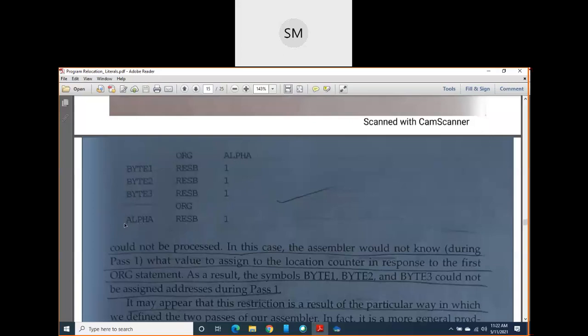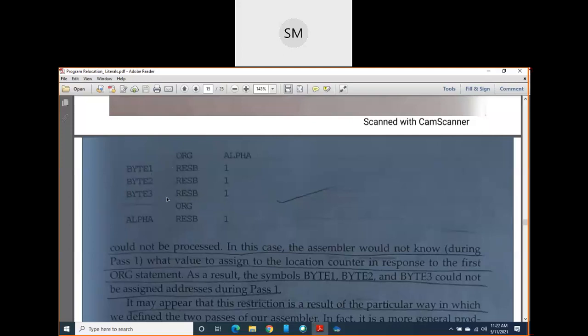You should have defined alpha before this org statement, at the top of all these statements. Then the assembler will not be surprised by what alpha is; it will be familiar with alpha and will easily assign the value of alpha to any symbol here. Then 1 byte will be reserved for byte 1, byte 2, byte 3.